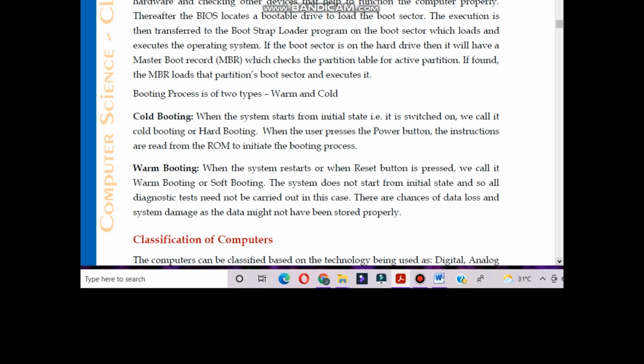The system does not start from the initial state, so all diagnostic tests need not be carried out in this case. So there are chances of data loss and system damage as the data might not have been stored properly.